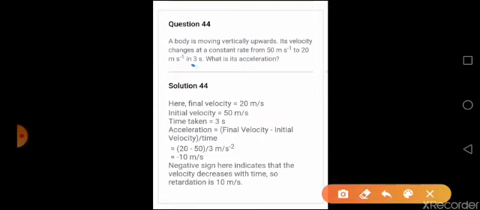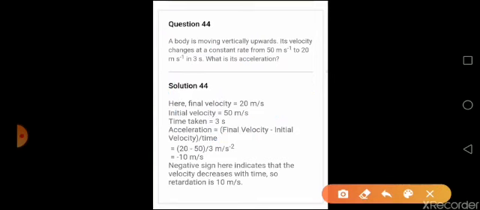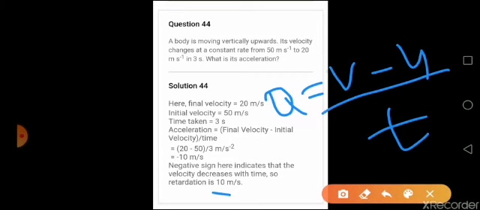Now what is given? This is being done in 3 seconds. That is, t is equal to 3 seconds. Now all the details you have here, initial velocity and final velocity values are given, time is given, so all the units are in standard units. Now you can directly find the answer using the equation a is equal to (v minus u) by t. That is what you are getting here. Now one more thing, when you see here you are getting the answer in negative symbol.